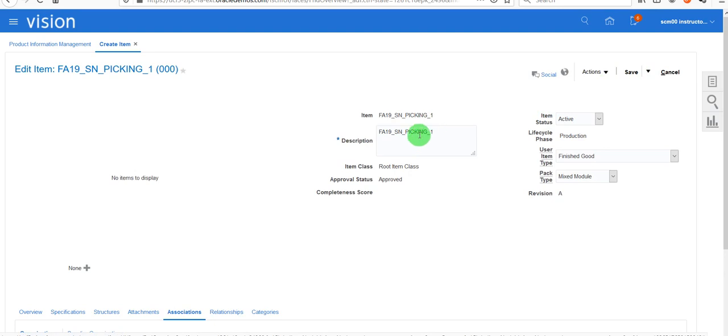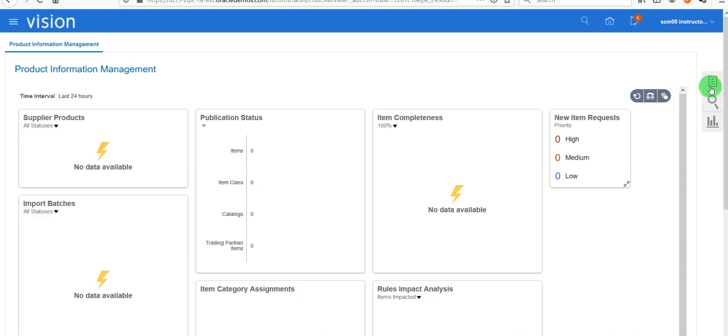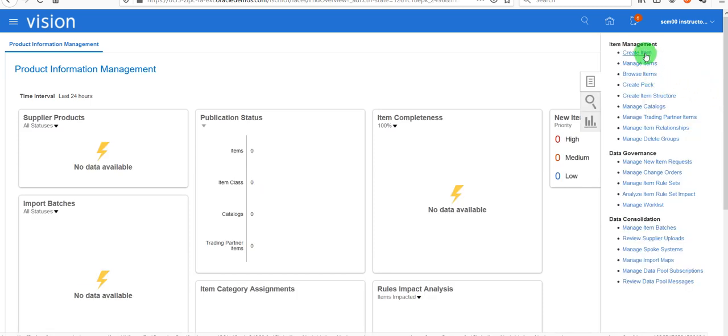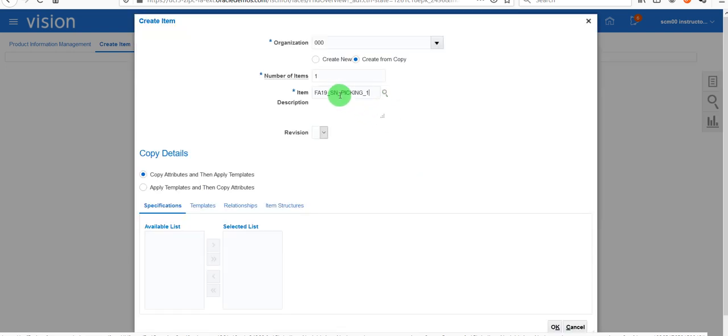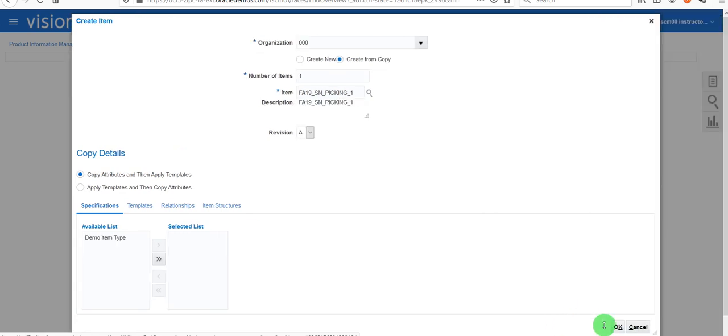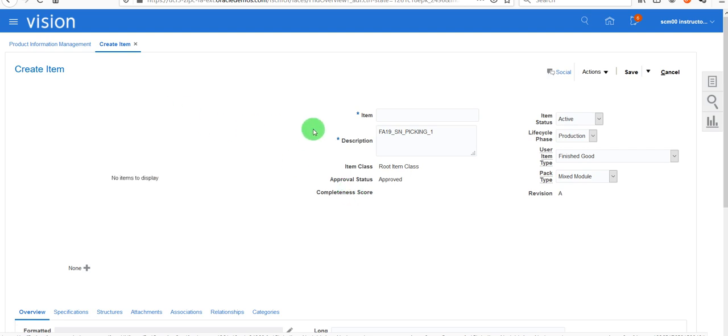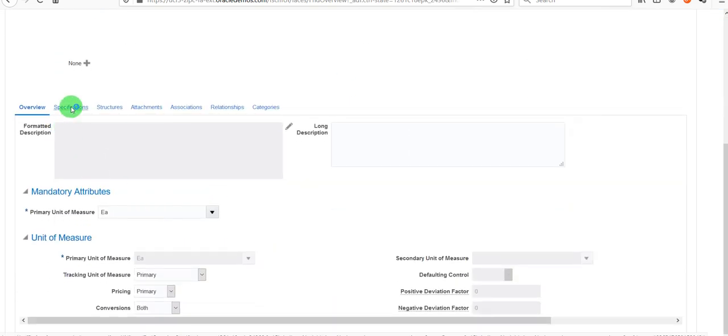I will create one more item. For that item I am going to generate the serial numbers during the picking. So create one more item. I will copy from an existing item. So picking. So go to specification,